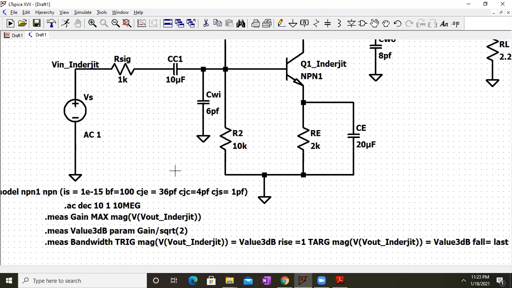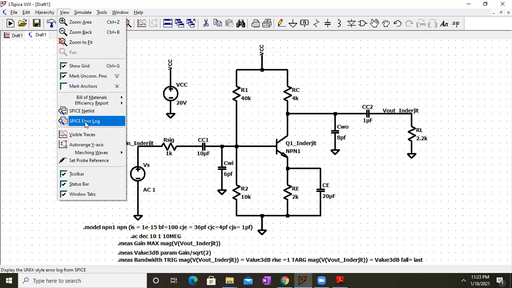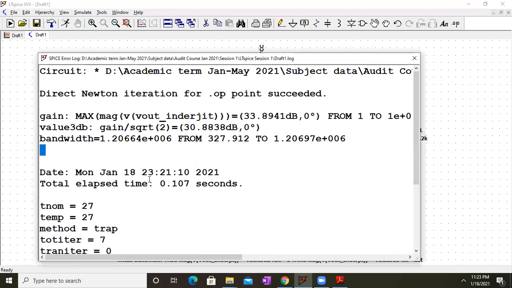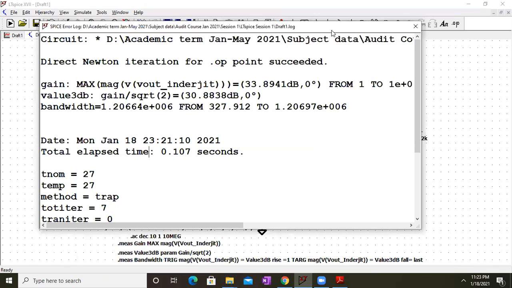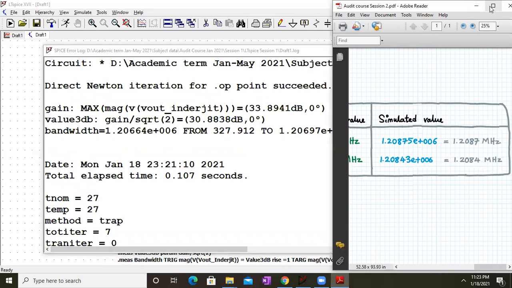So this is how we simulate the higher cutoff frequency response for a single stage BJT amplifier, and that's how we automate calculations at the output directly, in the SPICE error log. As you can see, it's very easy to automate calculations once we know this technique. It's very straightforward. Directly from this we can take the print screen. You have to take the print screen of the circuit schematic, the print screen of the waveforms, and also the print screen of this value. So three print screens you have to take, and that will complete it. And do complete the exercise also.